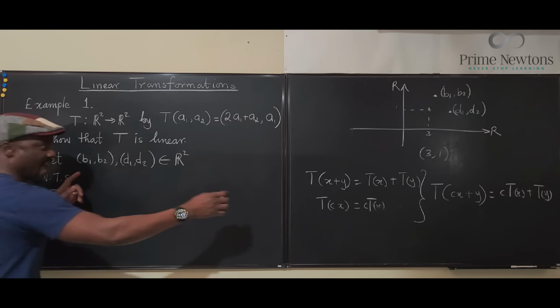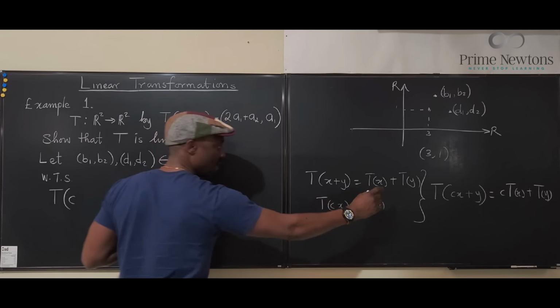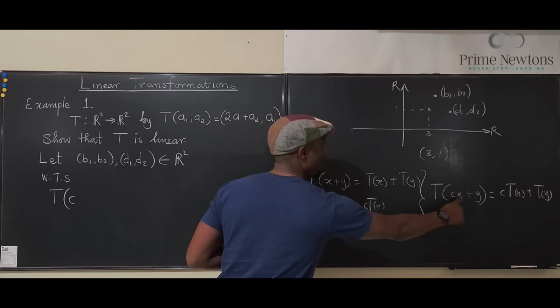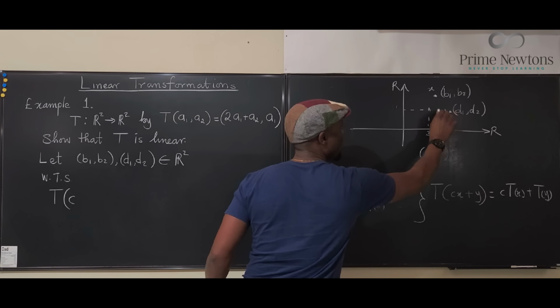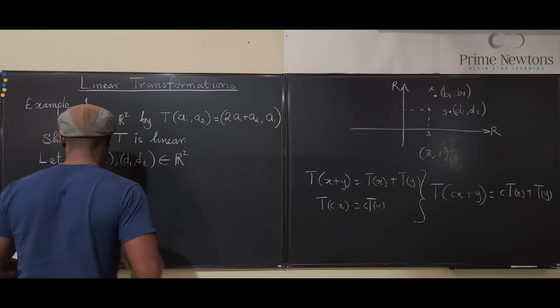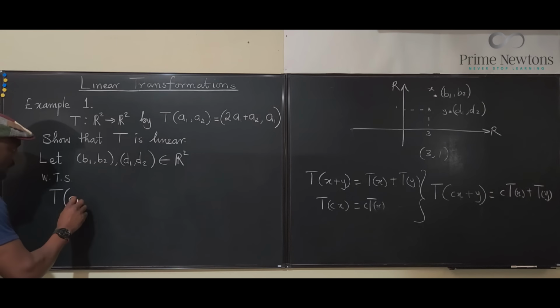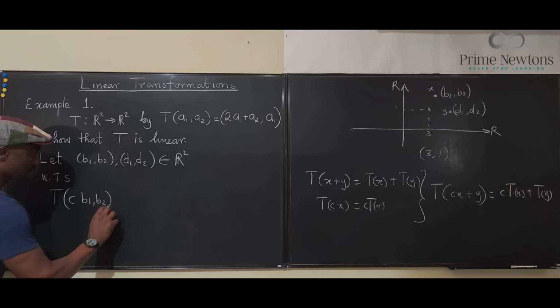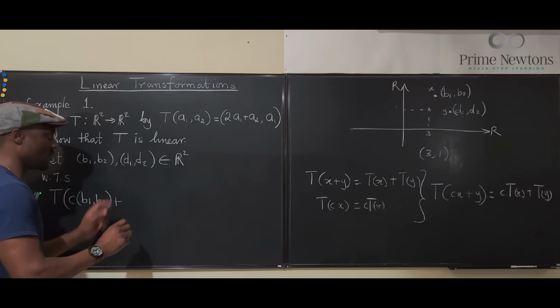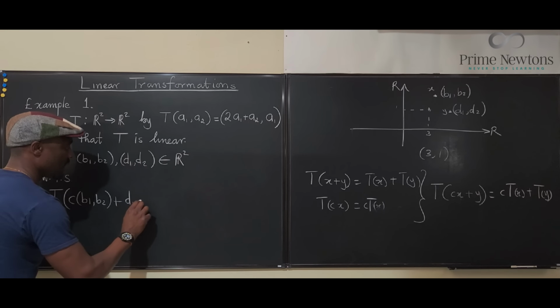This is our x in this picture now. Our x is this point, so this is more like your x and this is more like your y. So it's going to be c times this, b1, comma b2, plus, this is your y, d1, comma d2,